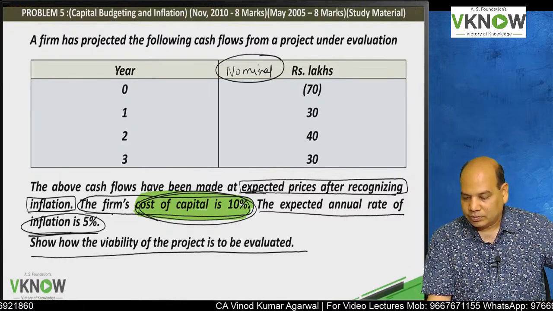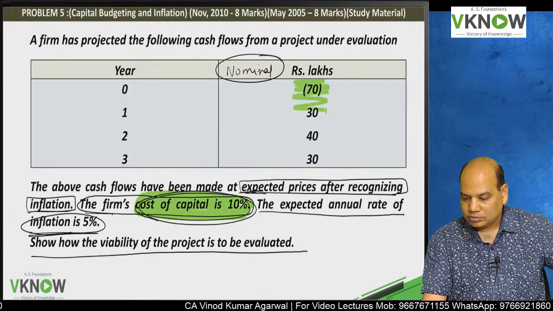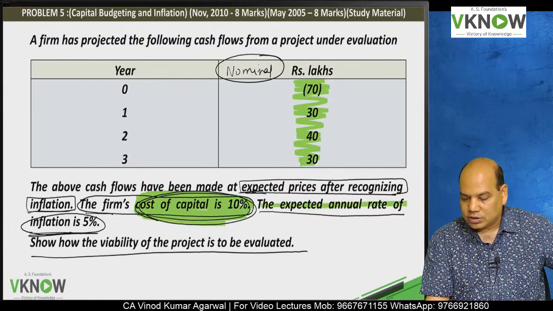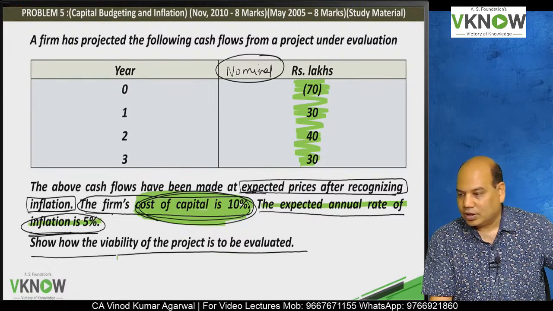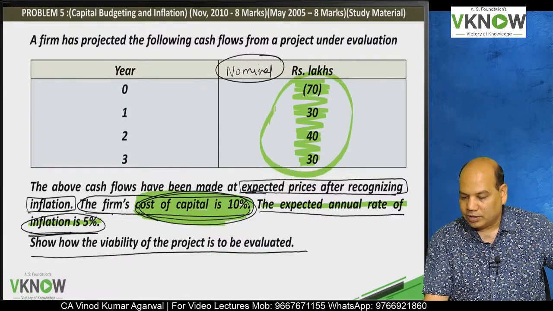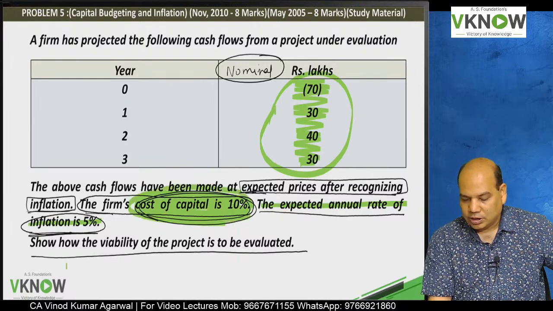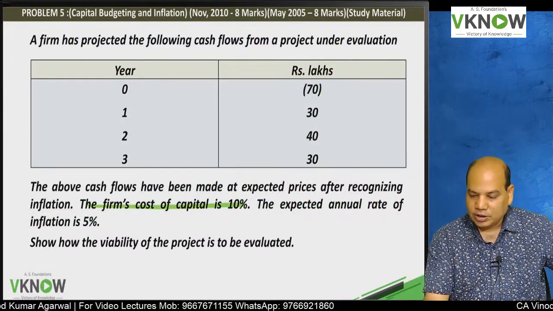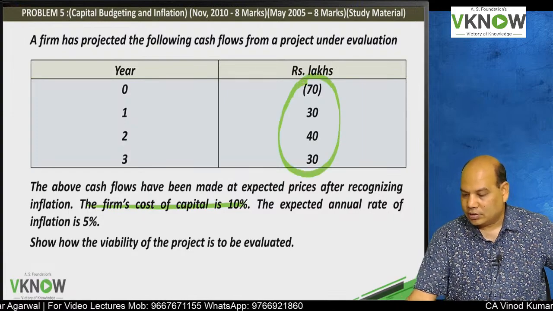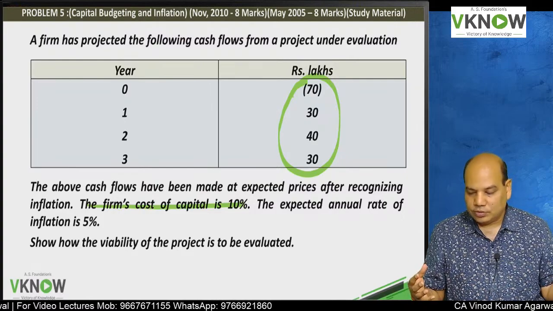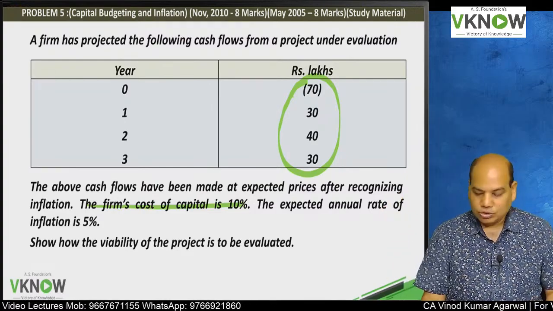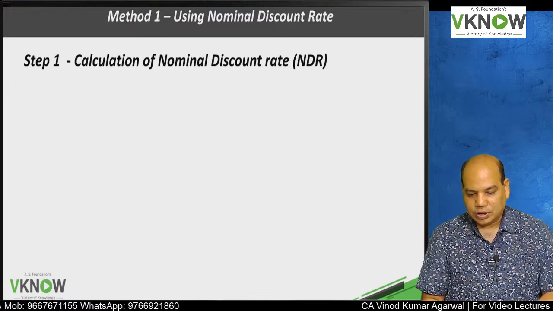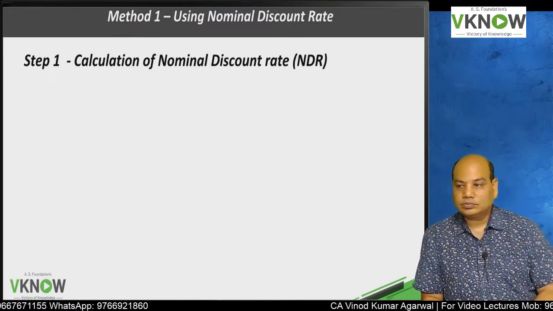So the answer is real, because if cash flow is nominal and if discount rate is also nominal, then there is no need to give this inflation data. If I assume this is nominal, then my job is very simple. It becomes the first question of 12th standard. Just find the present value using 10% and the cash flows are given. So we will assume it is a real discount rate, and nominal cash flow is given, so first you have to find